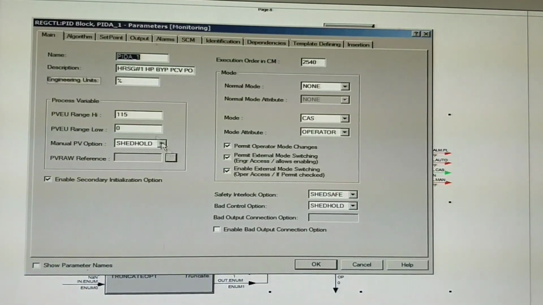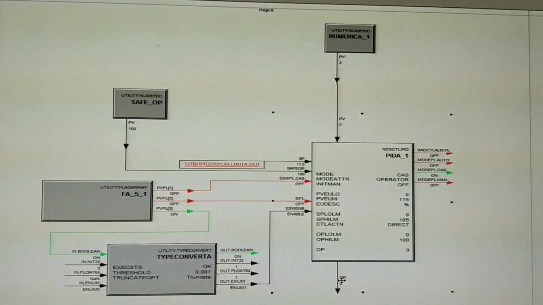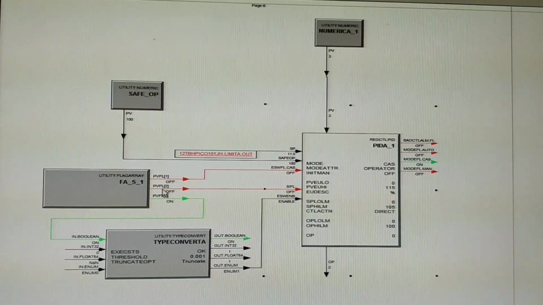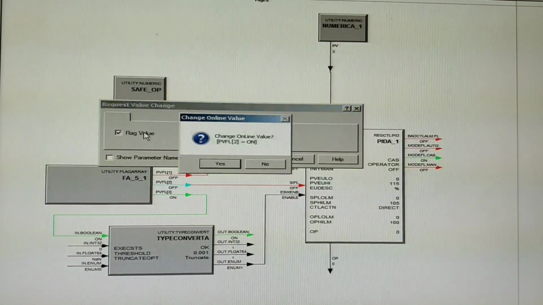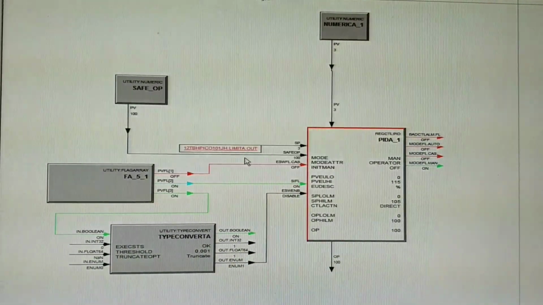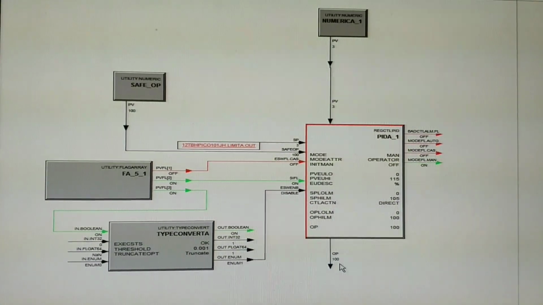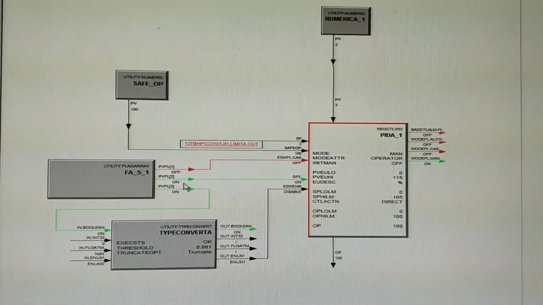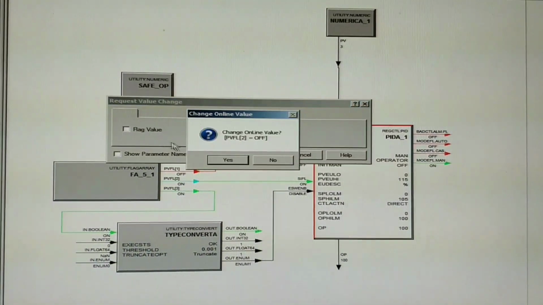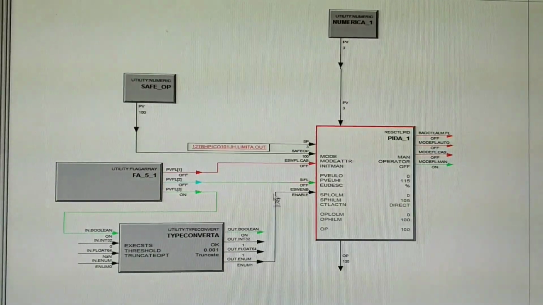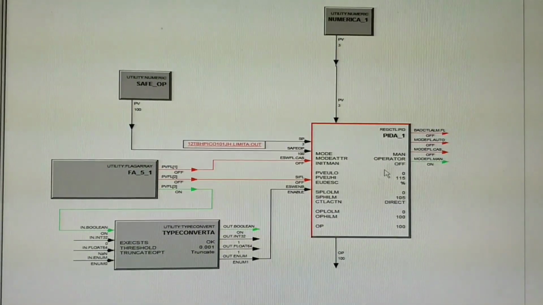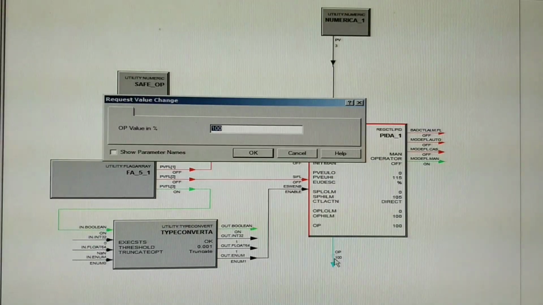So the controller's output will be 100%. Let's see. You can see controller output is 100% whenever this bit is high, and it will go in the manual mode.